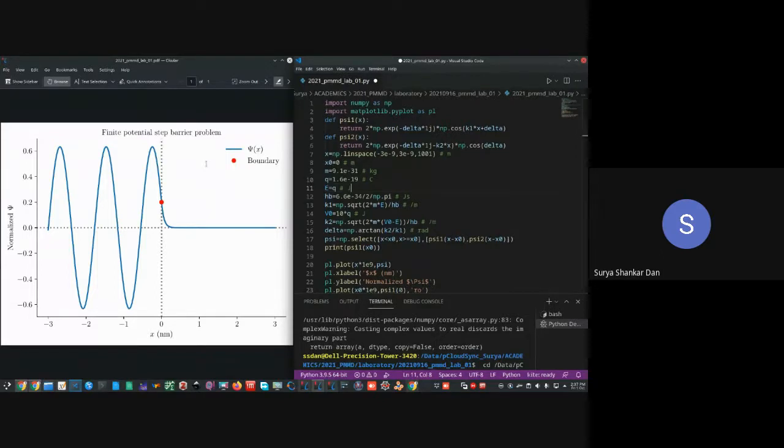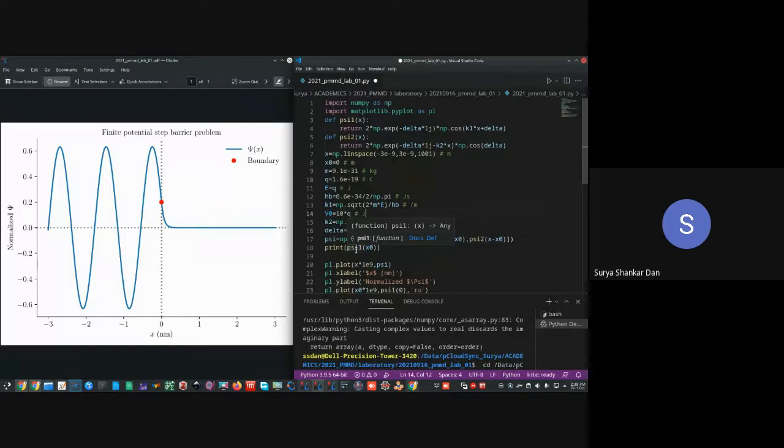The energy barrier V0 is much larger than the energy of the electron. If the energy of the electron is Q, I have arbitrarily chosen 10 here, which is 10 times that of Q. So we can say that the barrier height is much larger than the energy of the electron. Clear? Notice that when I'm writing the code, I am not taking into account the minor details of it.